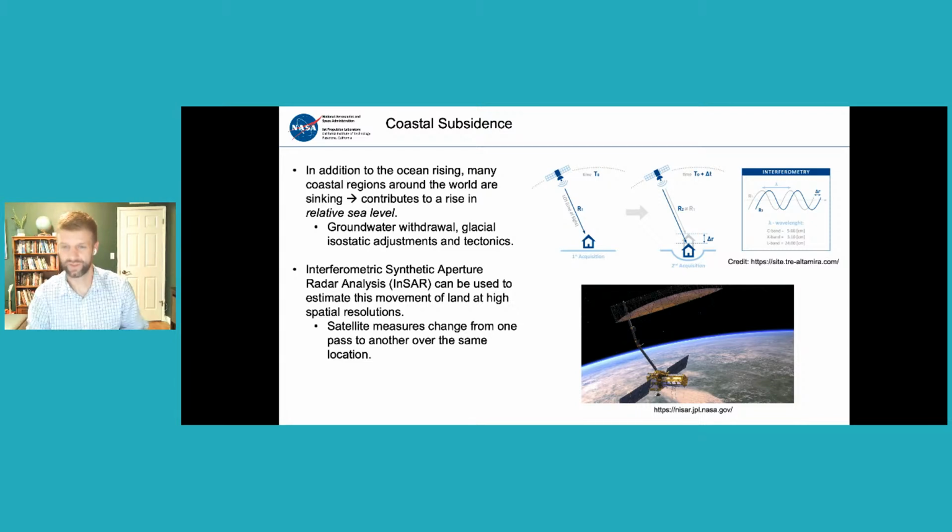Here on the top right, I'm showing a little schematic of this. So it's a similar principle to what I discussed previously. The satellite flies over a building, a house in this case, at one particular time. It flies over that same house at another time. And if something has happened, it's going to measure that change. Hopefully nobody's living in this house. It's kind of a dramatic depiction of what might be happening in reality. Hopefully a sinkhole doesn't appear below your house. But we can measure these really fine scale changes at really high resolutions. And this is the NISAR satellite, which is going to be launched in a couple of years by NASA, shown here in the bottom.